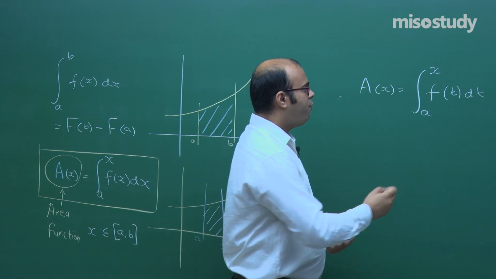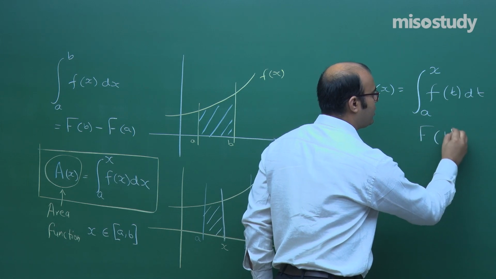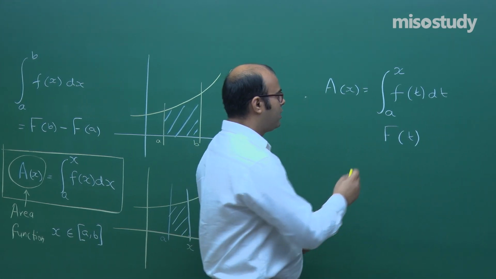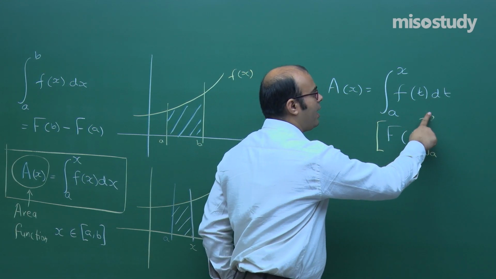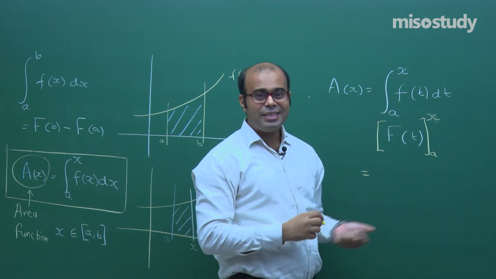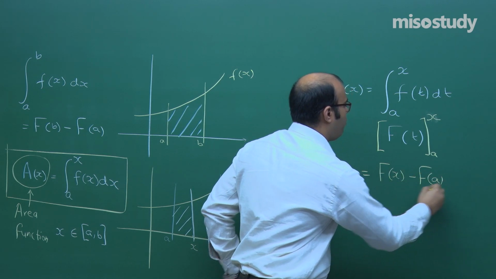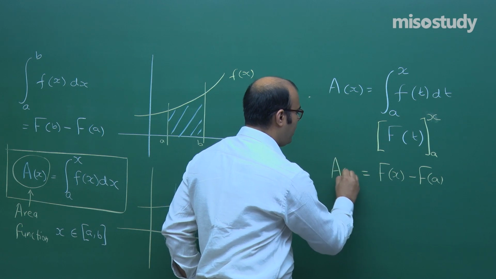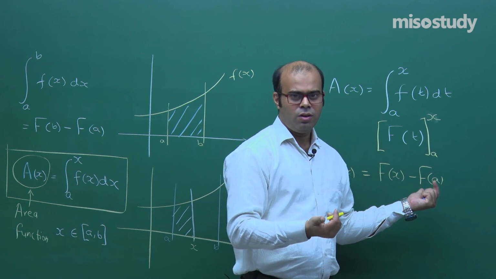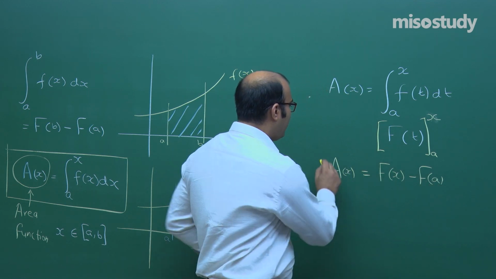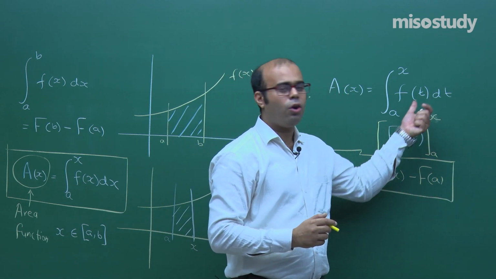Now what will happen? If you integrate this small f(t), you will get a capital F(t). This is the capital F(t) which is its integration, and you will put the limits. So when you put the limits, not a and b, a and x obviously, because here the upper limit is x, you will get F(x) minus F(a), which is the area function A(x). So students, this is a function of x and this is a value which is not a function of any variable. So we say that this A(x) is actually the area function. Finally t does not come in the picture.